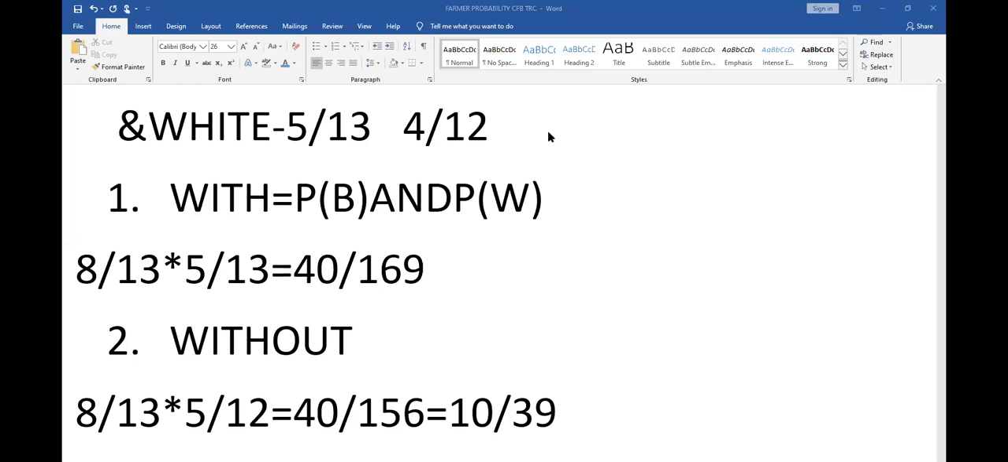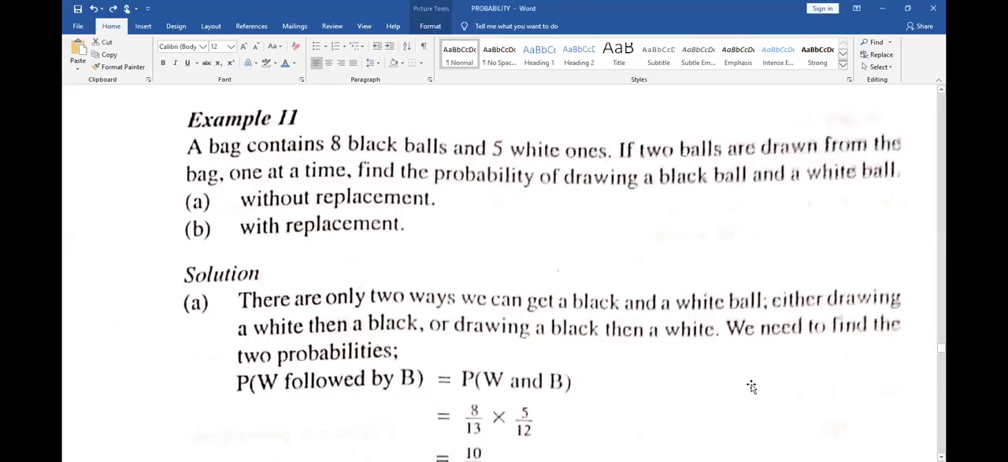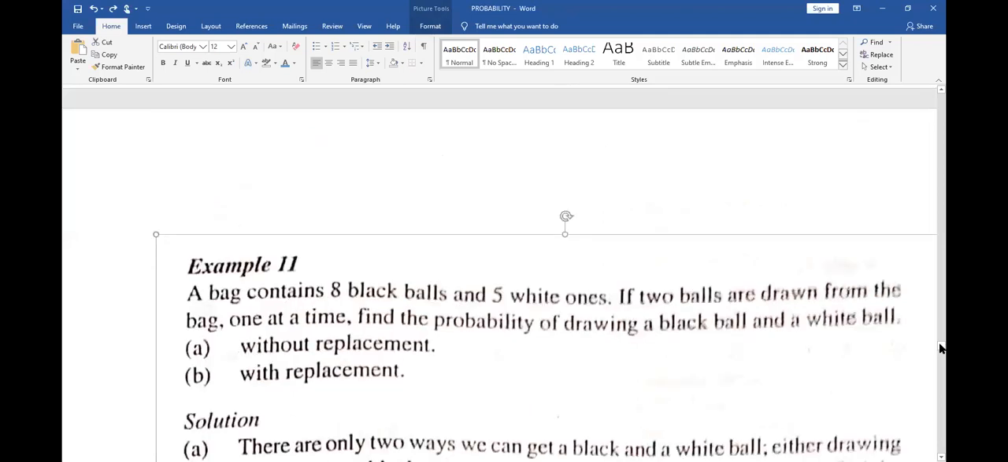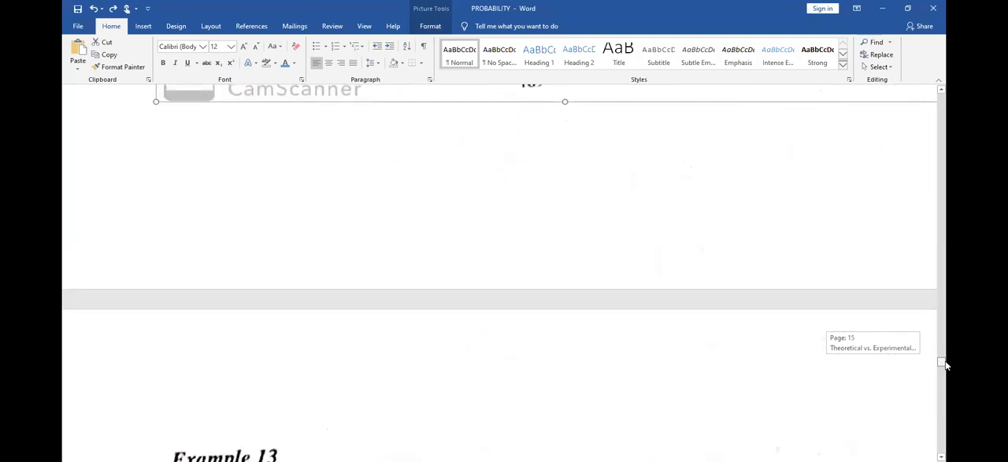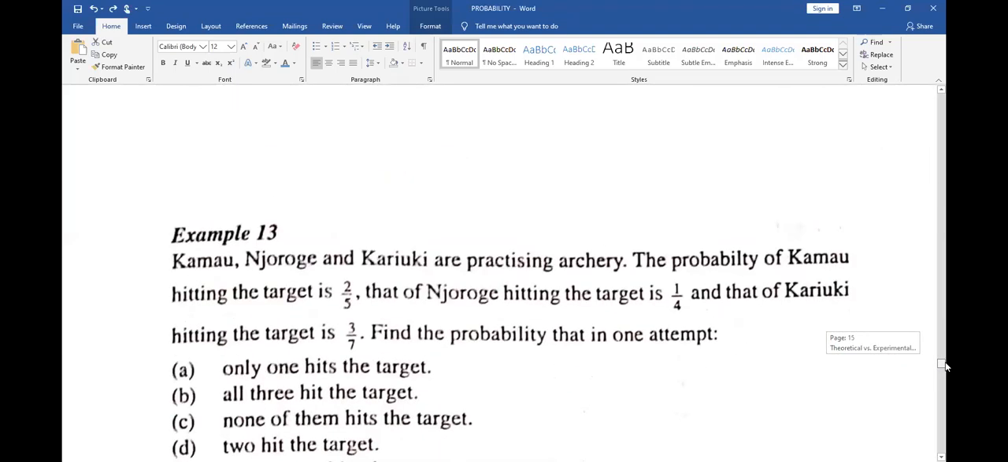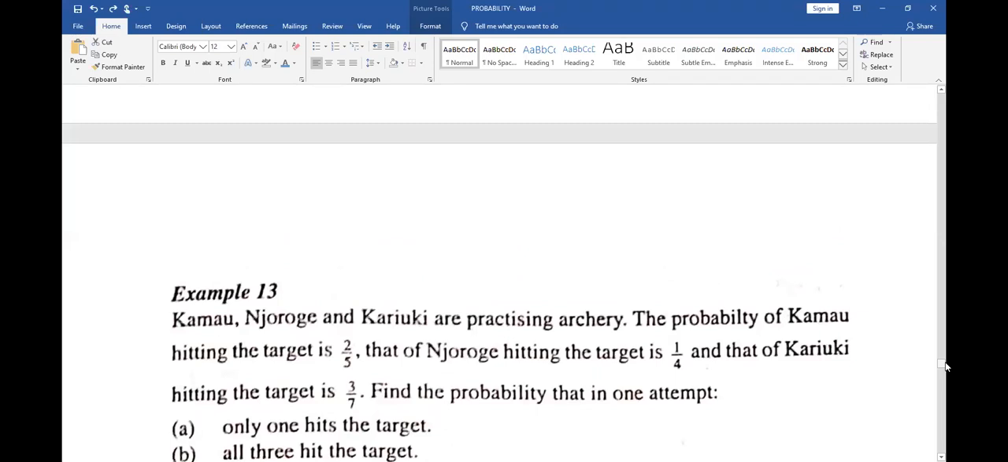Okay, I was answering Solomon there. So let's continue. I know this case of with replacement, without replacement can confuse you a lot. Yeah, but it's something that you should be able to do. Yes. Now, let me pick how many balls. Okay, let me talk about this. Kamau Njoroge and